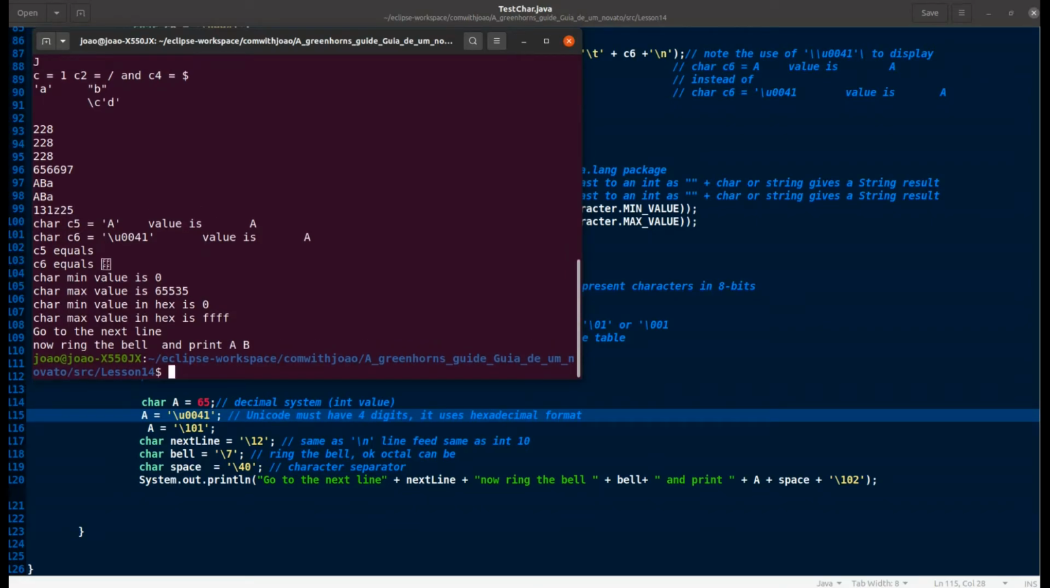There it is. And as you can see, go to the next line, the next line, which was octal 12, the cursor went to the next line in other words. And then now ring the bell, and that's when you heard the ping, the bell, which is the octal value of 7, and then print